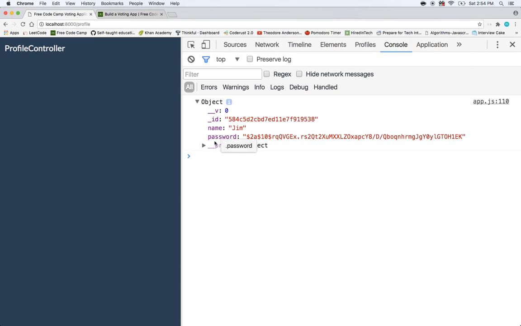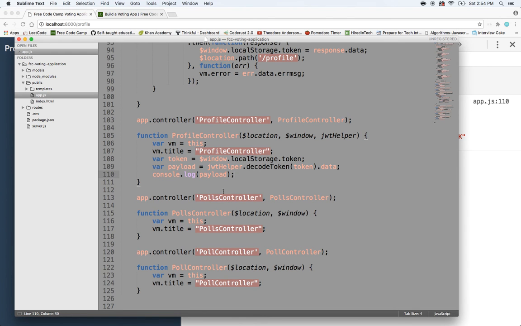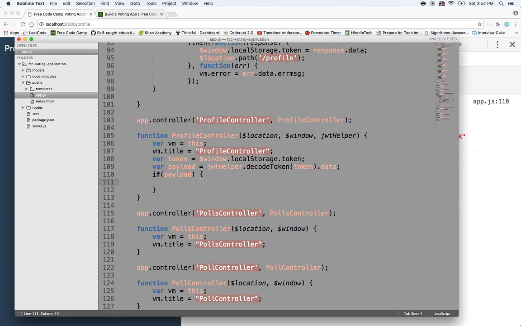There are ways to do it without using that helper. You can actually use a native function to the window called atob, ASCII to binary, and then you can split. But just for simplicity, we're going to use the JWT helper. Awesome. So here, I'm just going to say, if there is a payload, then what I want to do,